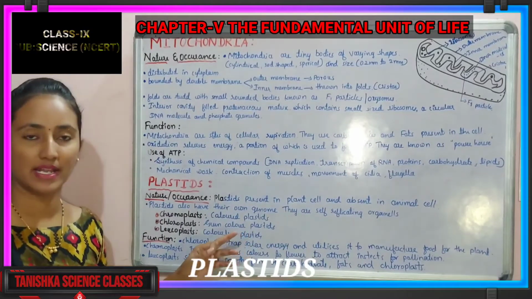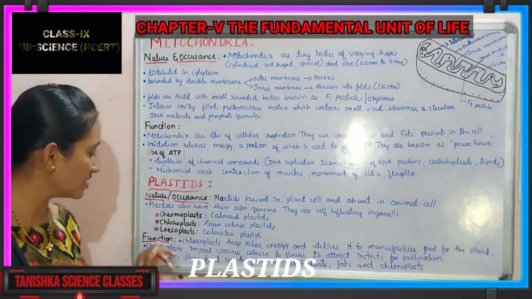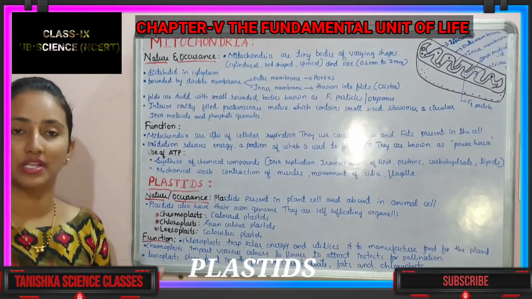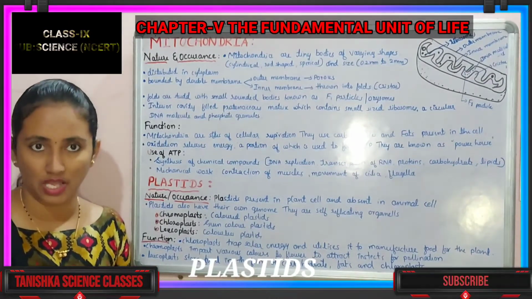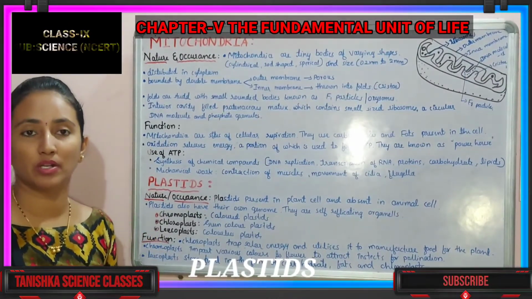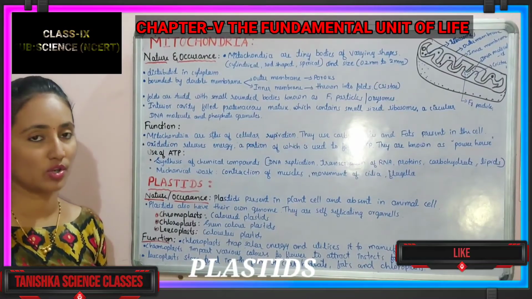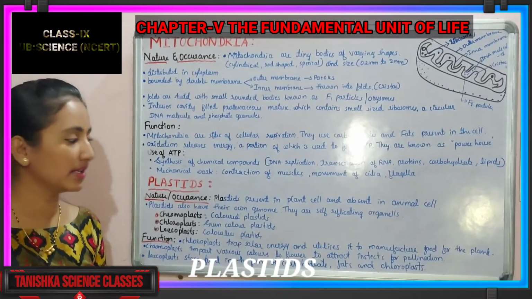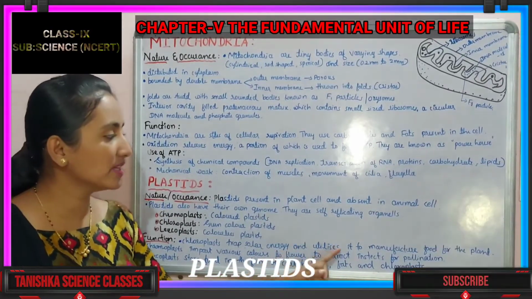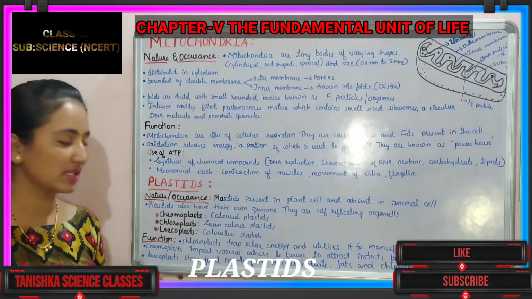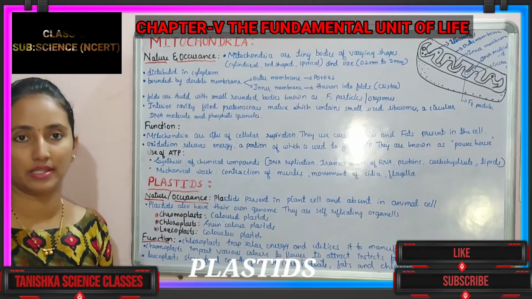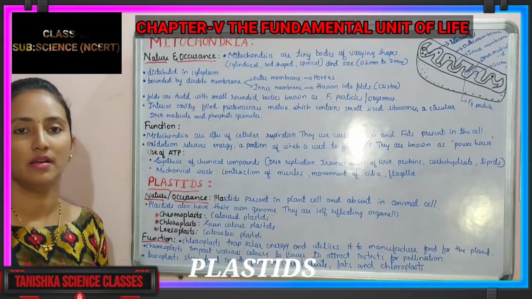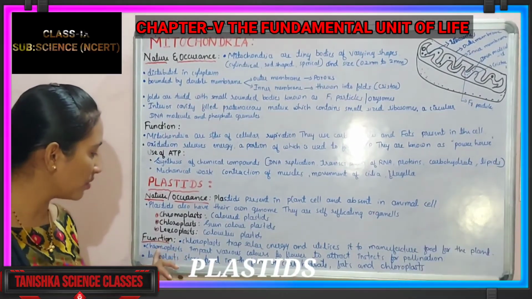Now we can observe the various plastid functions. At first we'll talk about the chloroplasts. What do chloroplasts do? You know about the photosynthesis process. There is a very important green pigment called chlorophyll. What does it do? It traps, or absorbs, the solar energy, and that solar energy is utilized to manufacture food for the plant. So the chloroplast absorbs solar energy with the help of chlorophyll, and by that chlorophyll, food is prepared in the plants. Understood?